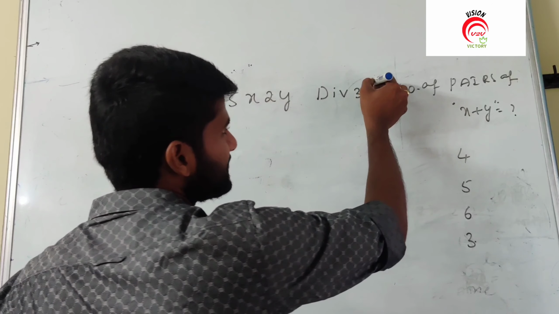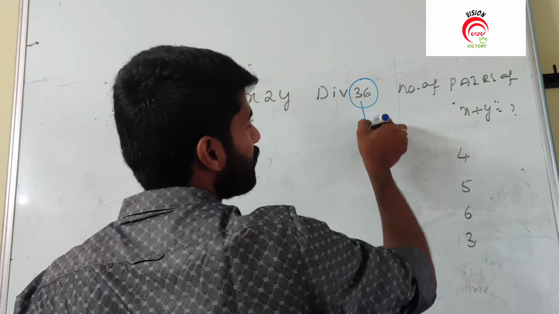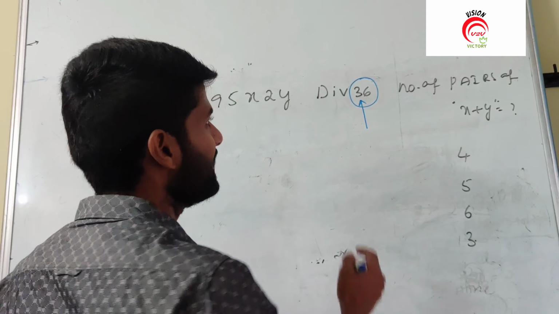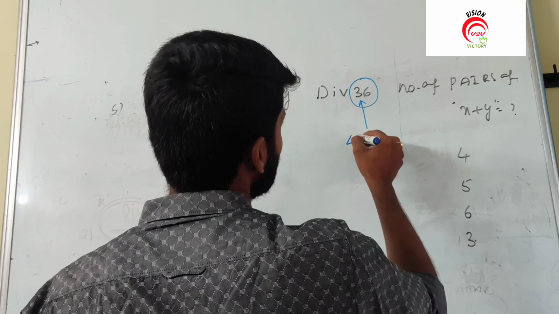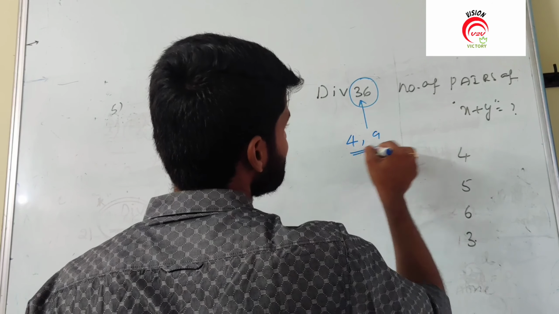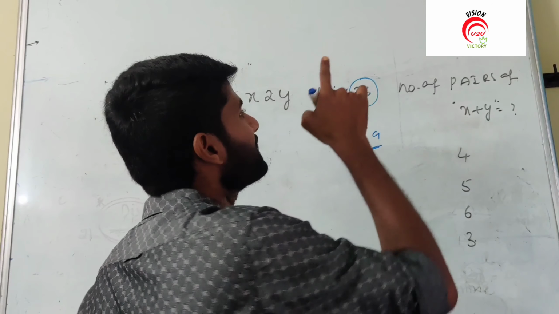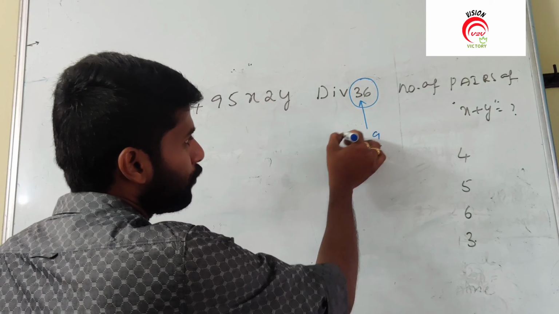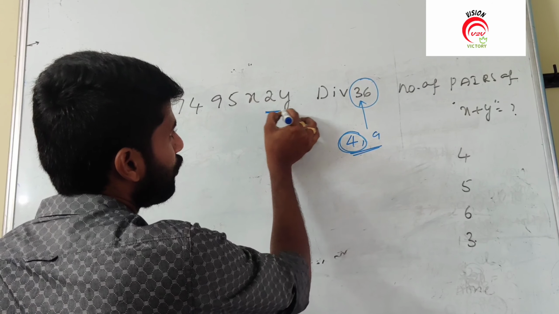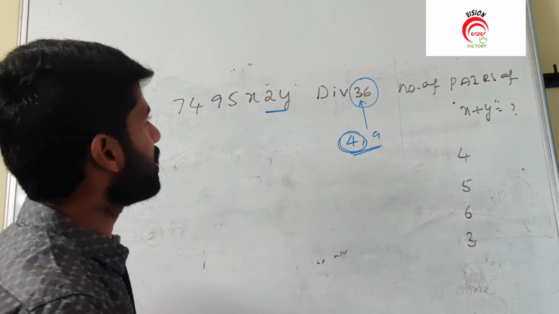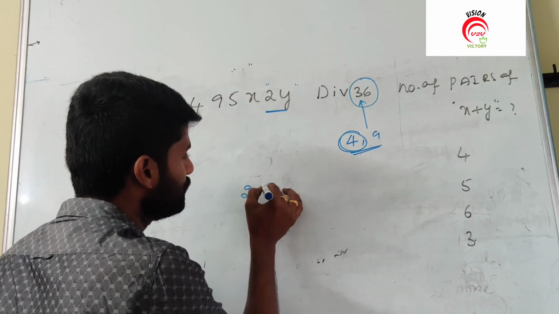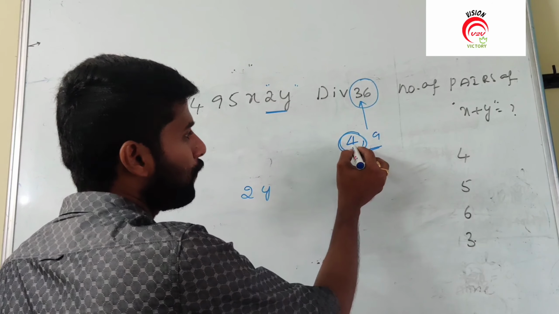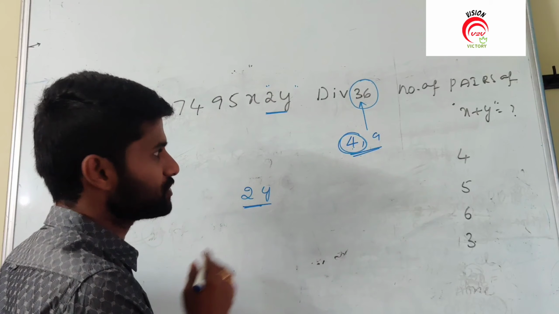We don't know the rule of 36, but we know the procedure for solving divisibility by 36. If any number is divisible by 4 and 9, definitely the number is divisible by 36. Just see that. The rule of 4 says to focus on the last 2 digits. What are the last 2 digits we are focusing on? 2y. And we require a multiple of 4 for 2y. So what are the chances?